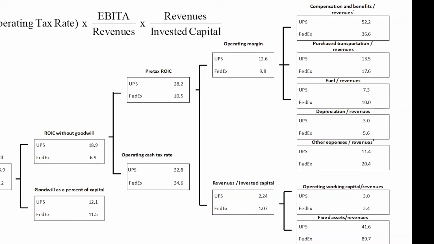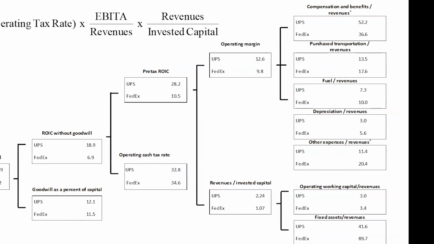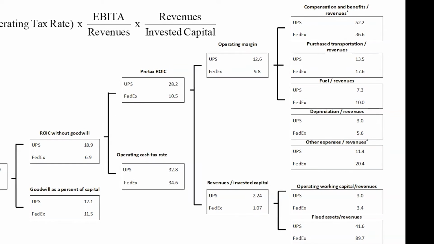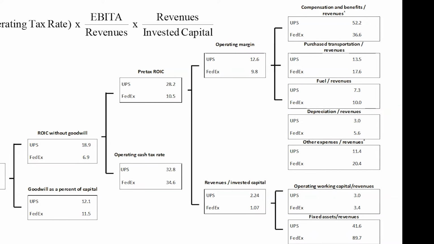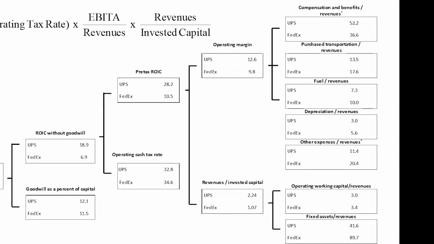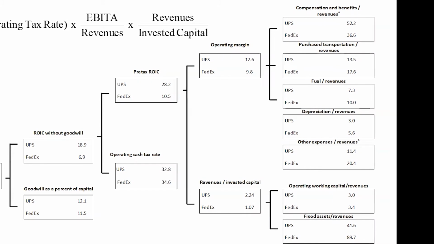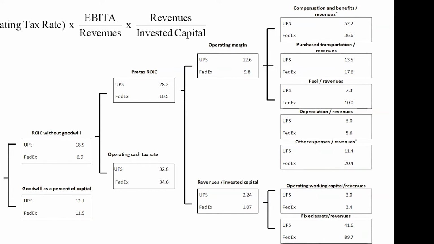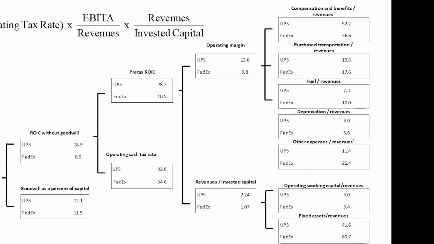The way the tree works is we keep decomposing every branch on the tree where we see a difference. And so here the difference is in the pre-tax ROIC, so we break that into its 2 component parts, which are the next 2 pieces of the formula. EBITDA divided by revenue, that's operating margin. And then revenue divided by invested capital, that's capital efficiency. And we see differences in both of these pieces. So we know we're going to have to go one more step on the tree to try and investigate what